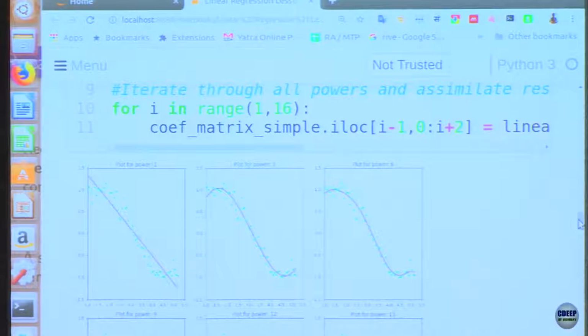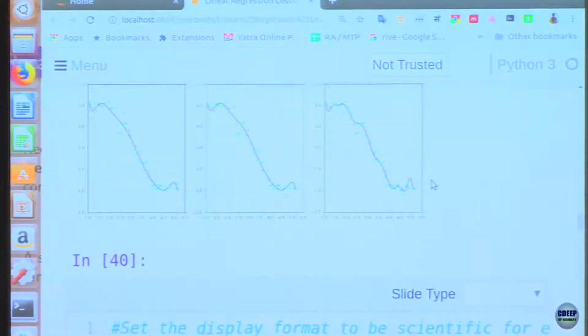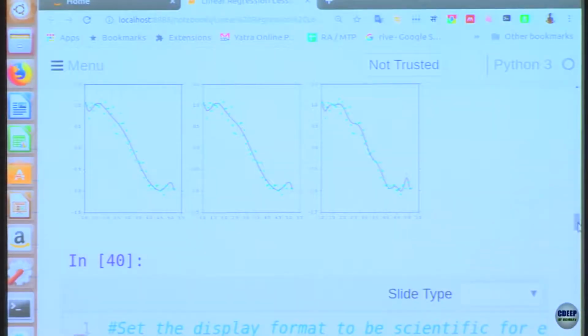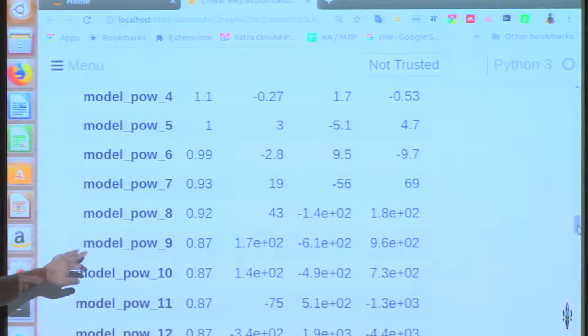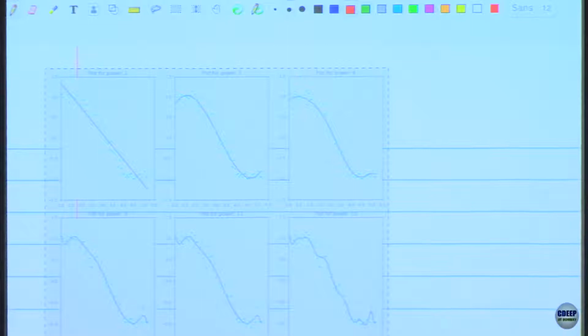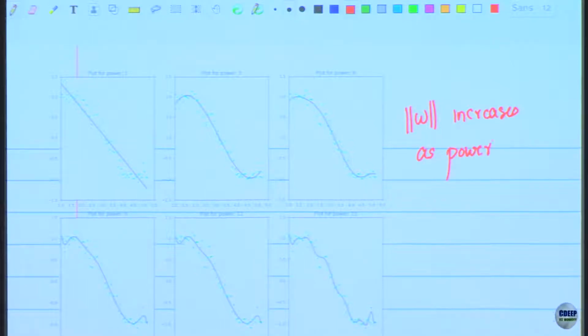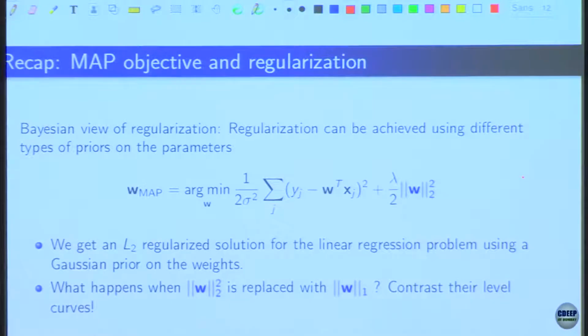So you see that here, as you increase the power, you get arbitrarily complex polynomials for sure, but what we also observe is the W's become very large. So we said let's try and do